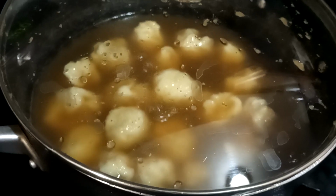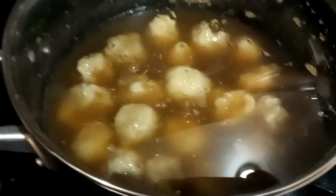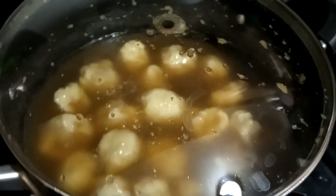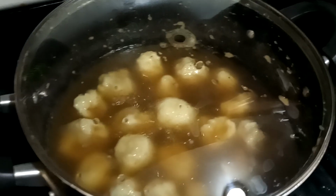I gotta lift them. My dumplings, they look so good. Usually I don't make them with the beef broth, but we didn't have chicken stock, so